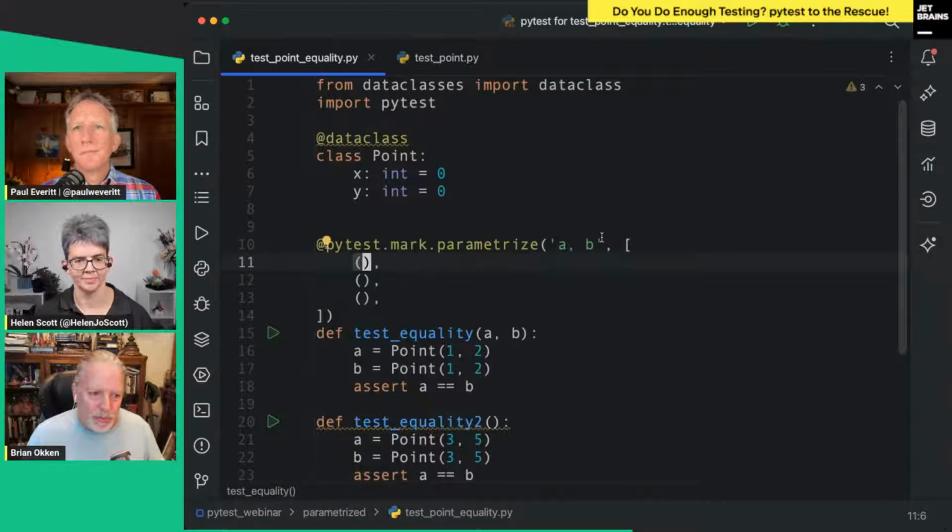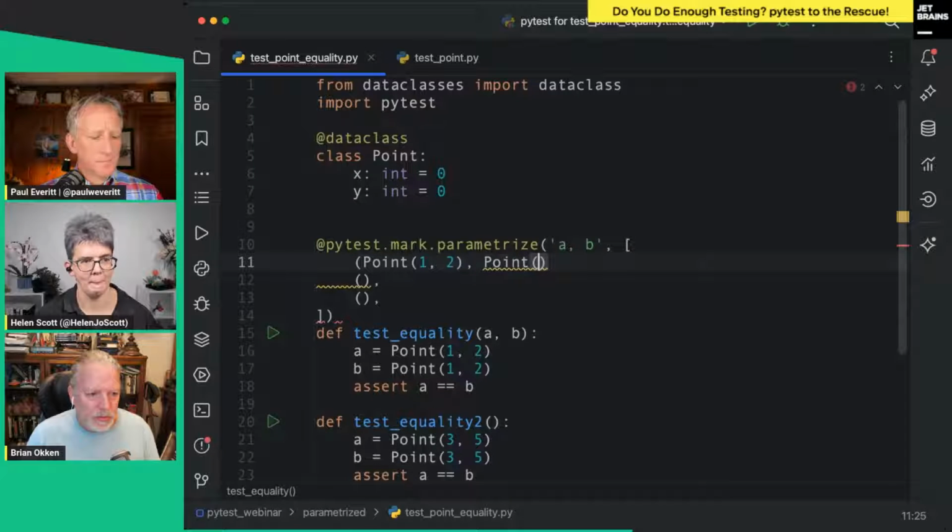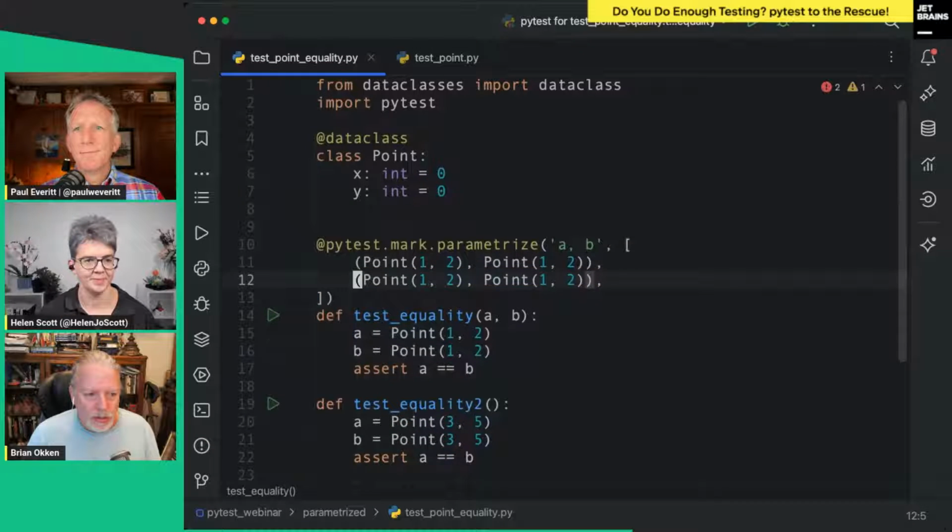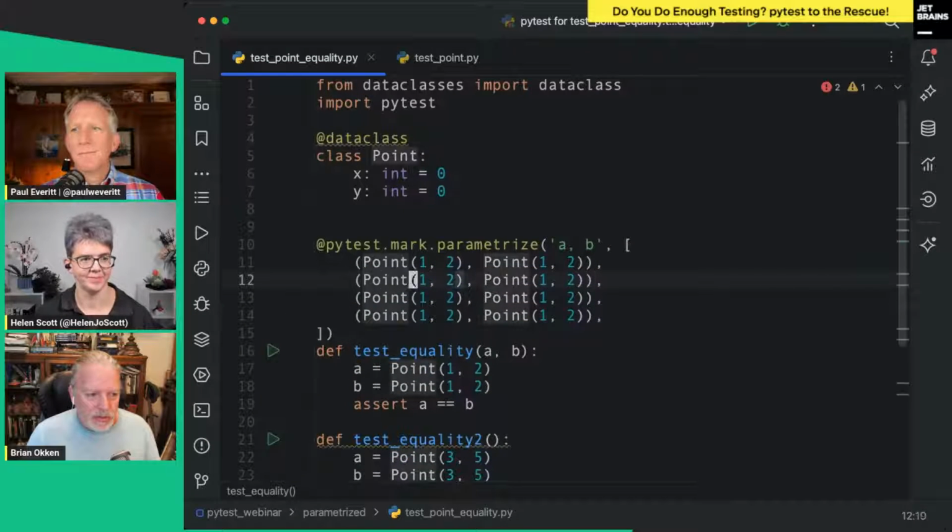And what do I put in there? I put the values of A and B. So I'll put 1 and 2 for one of them. So that's 1 point. Oh, let's do points. I'm going to give it point 1, 2, and point 2. It's not very exciting, but it will work. And we can do a whole bunch of these. We can do 3 and 4. And we have to make sure that we change this too.